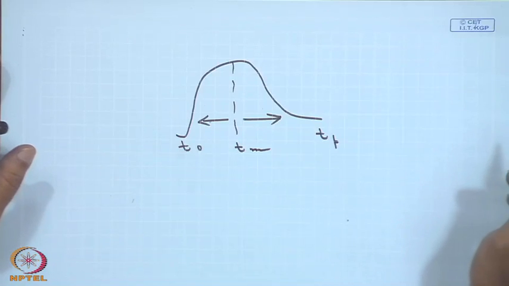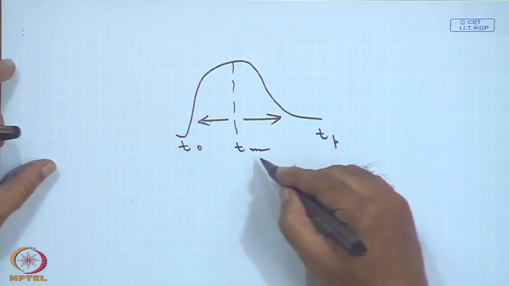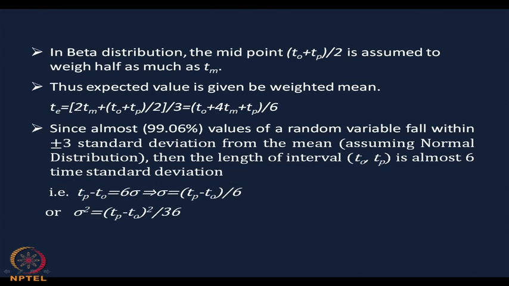For a beta distribution we are assuming that the endpoints will be T 0 and T p and the unimodal point will be T m. In the beta distribution, T m is weighted against the midpoint T 0 plus T p by 2. Thus, the expected value, that is T e,